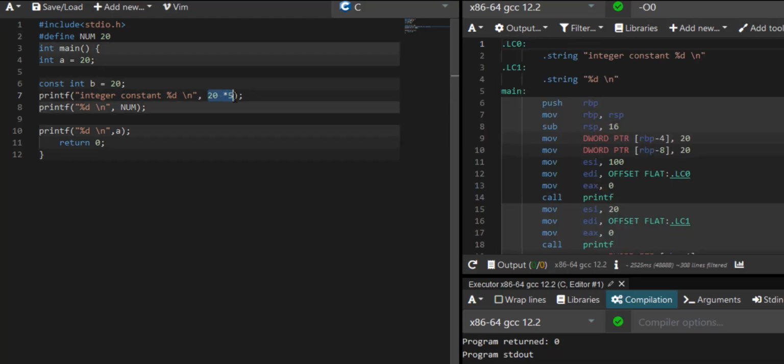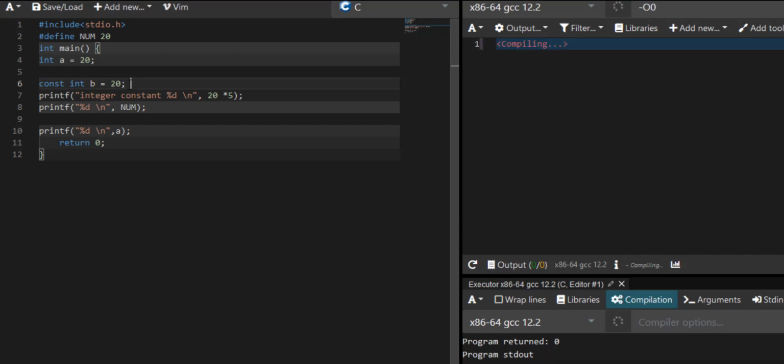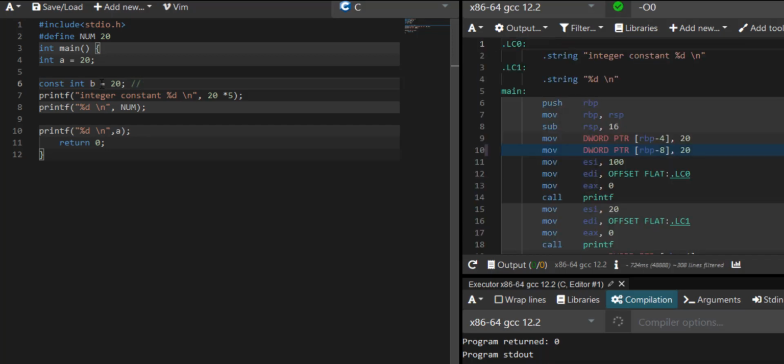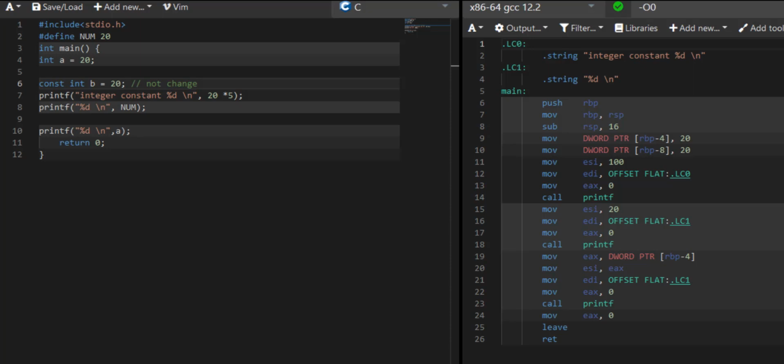Why is the value evaluated at compile time? Simply because this value does not change throughout our program. Meanwhile, this line of code is referred to as a constant, which simply means the variable b will not change. Let me explain further. There is a relationship between this const int b and this constant expression. Let us look at